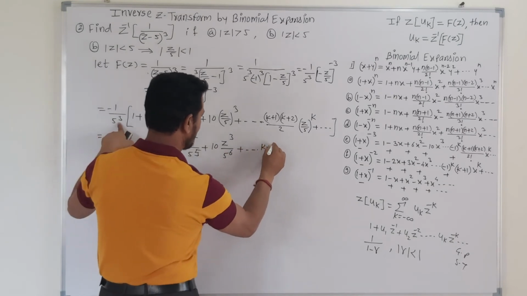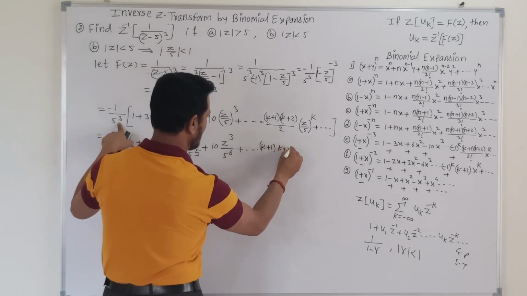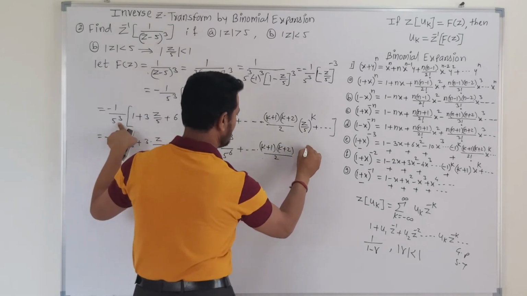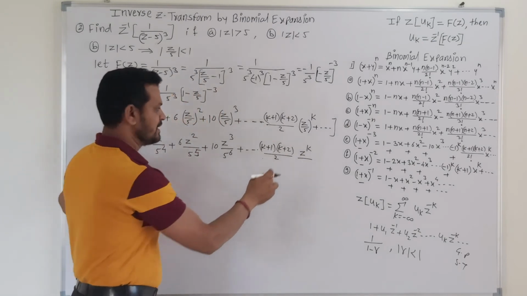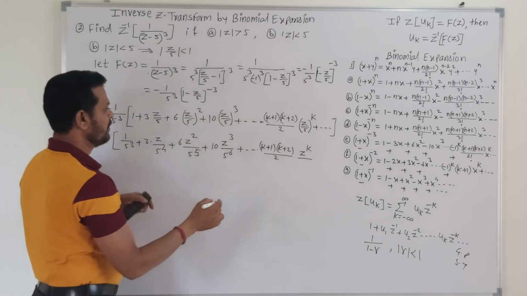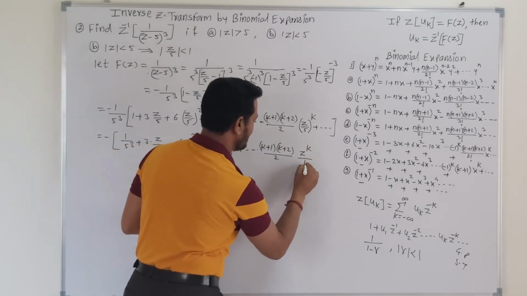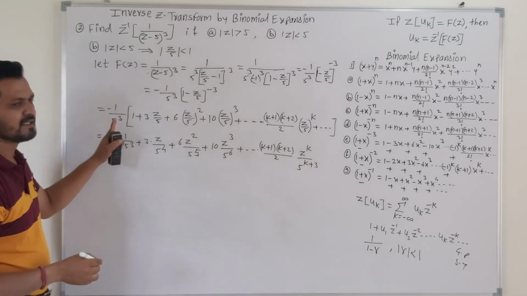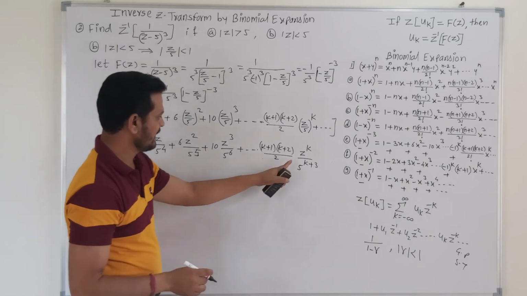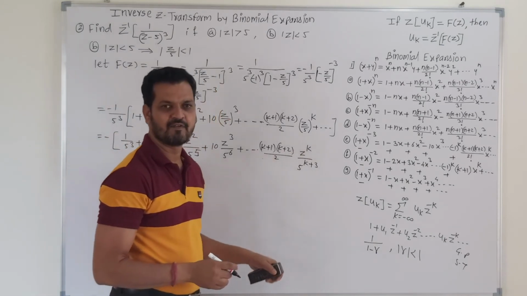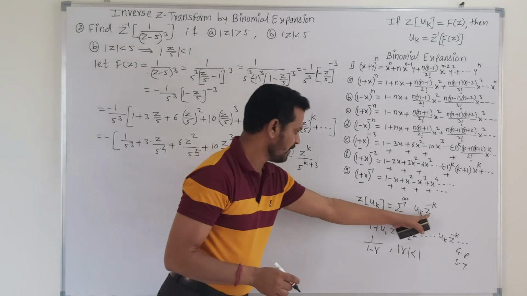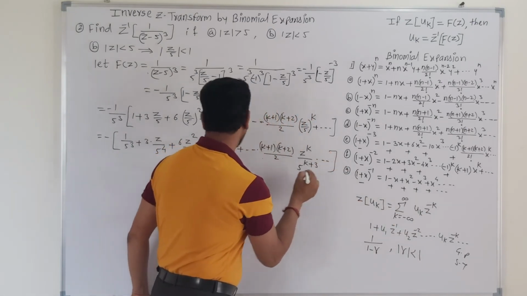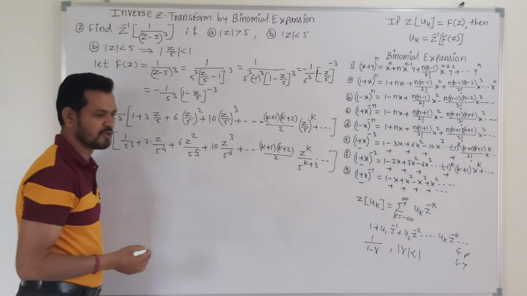We get this as k plus 1, this is k plus 2 upon 2, then this is z raised to k upon, this is 5 raised to k and 5 cube, we get this as 5 raised to k plus 3. But here try to understand that the coefficient we require is z raised to k, or we require the coefficient of z raised to minus k and so on. Now directly we get this as the coefficient of z raised to k.